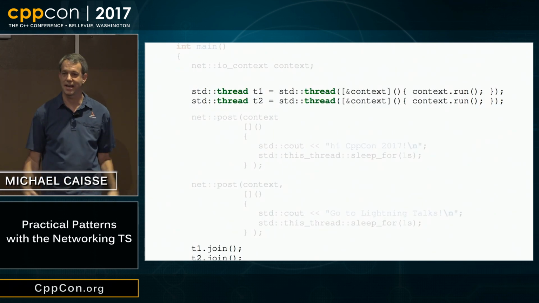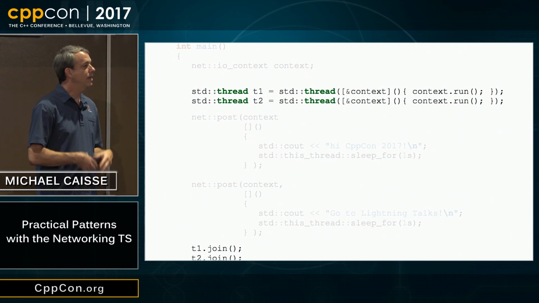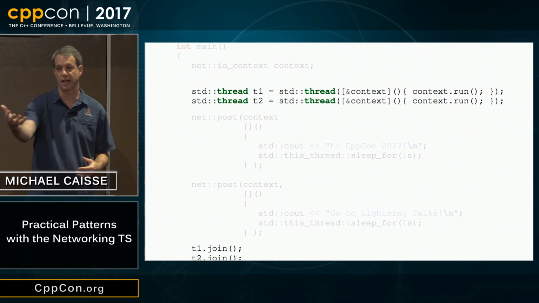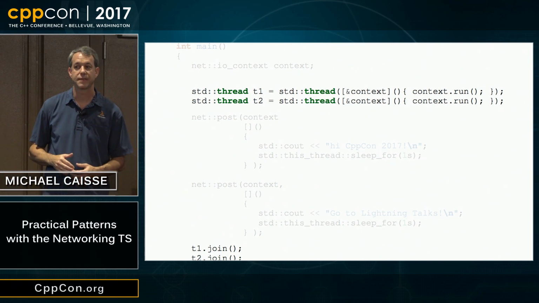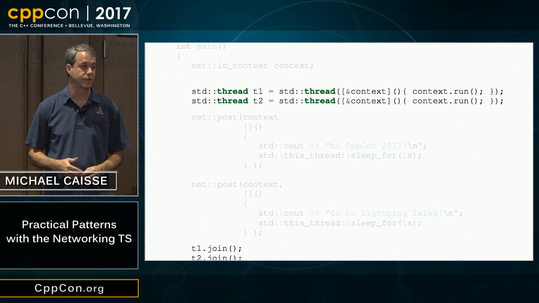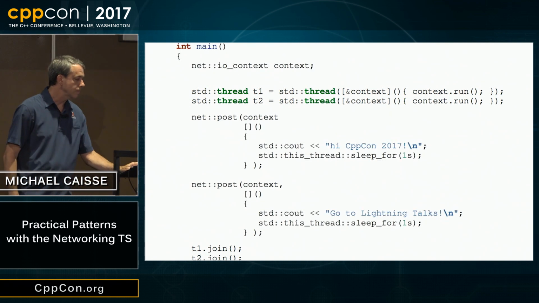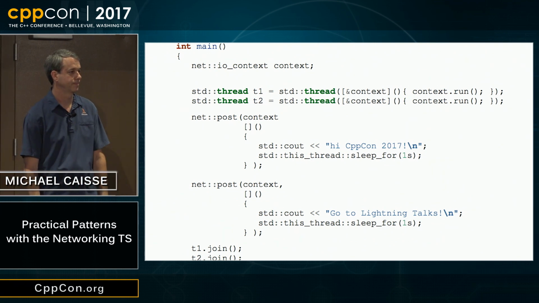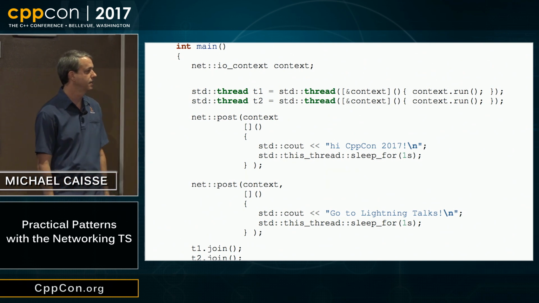And I didn't actually give it a thread of any sort at all. So the I/O context needs a thread calling run, and the thread that you provide to the I/O context is the thread, or threads in this case, that the completion handlers will be run upon. So you're going to provide the threads to the system that you want to be used for running your completion handlers. All right, so I do this again, and actually, it still doesn't print anything out. It just runs right to the end, and it's done.